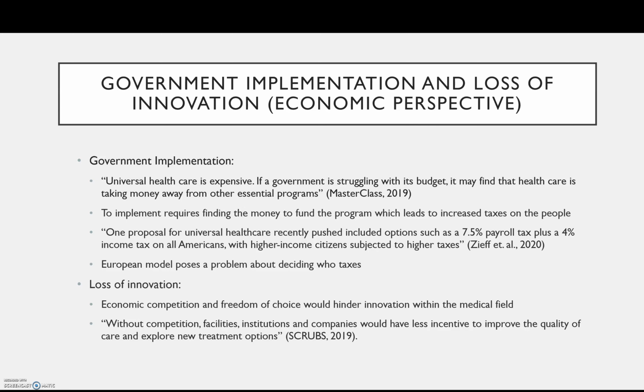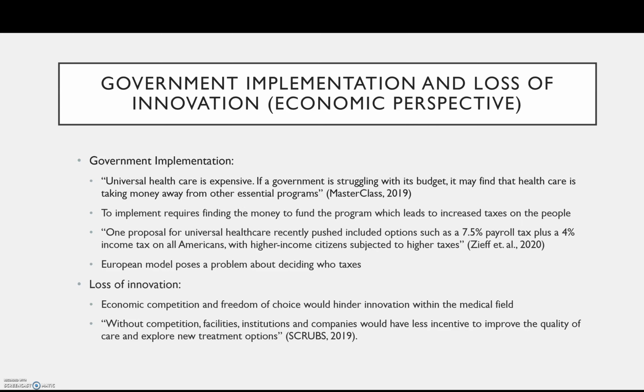That leads to increased taxes on people, and citizens in the U.S. truly do not like being taxed. Zeif et al. in 2020 stated that one proposal for universal health care recently pushed included options such as a 7.5% payroll tax plus a 4% income tax on all Americans, with higher income citizens subject to higher taxes. But he also went on to state that they weren't positive if that would truly cover all of universal health care expenses. So again, taxes and taxes on the U.S. people, which some people might not agree with,